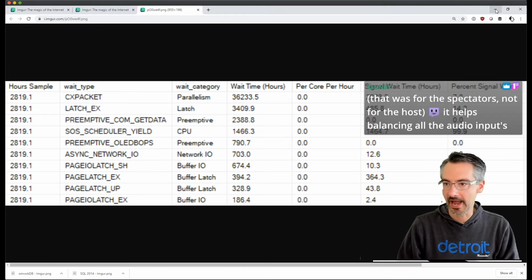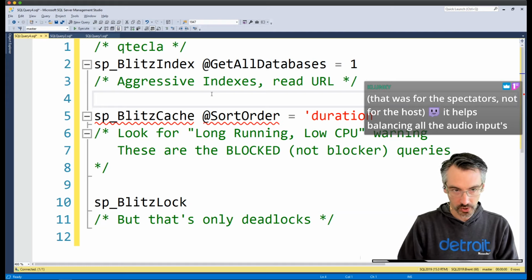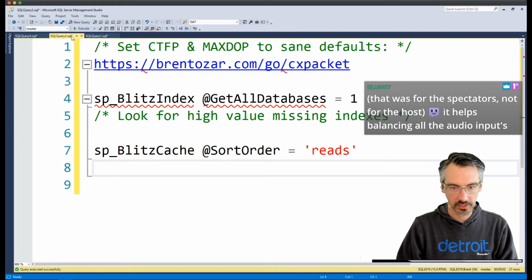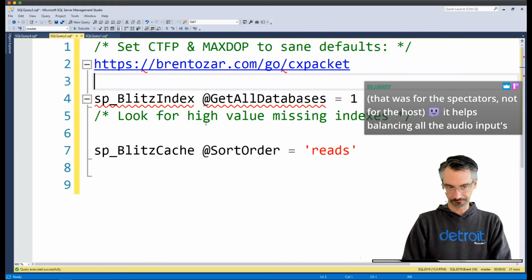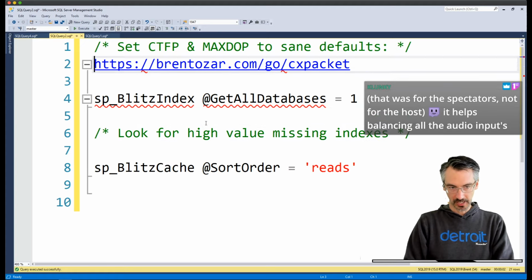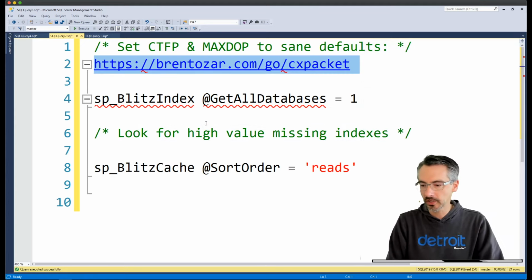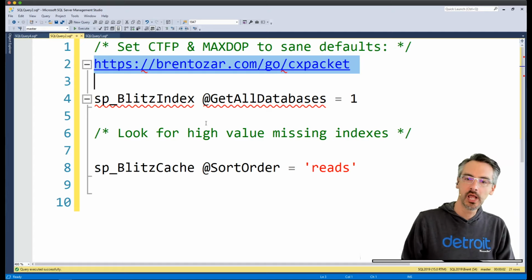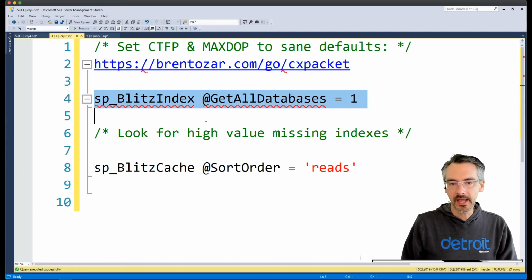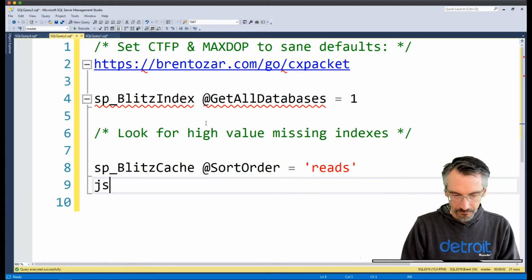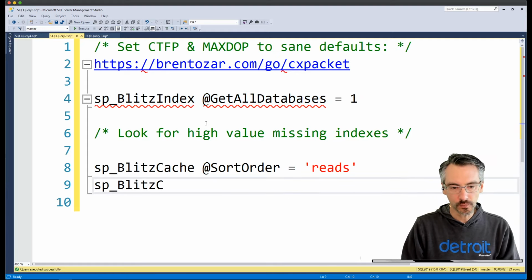So for that, this is what you want to go do. You want to set your cost threshold for parallelism and MAXDOP to your sane defaults, and then run sp_BlitzIndex with @GetAllDatabases = 1, looking for high value missing indexes, and then look at these two because they're going to be a place where they overlap.